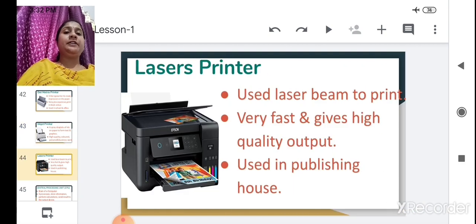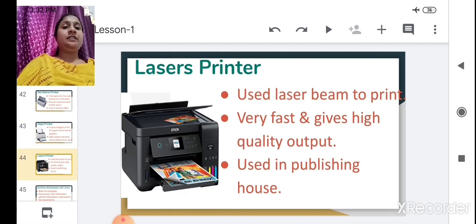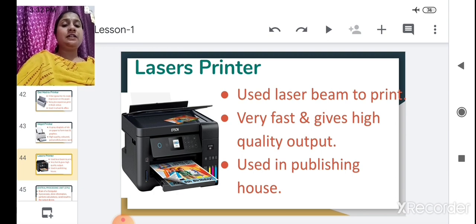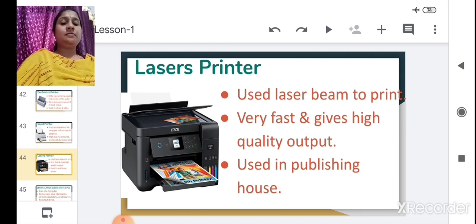The laser printer. This laser printer uses a laser beam to print very fast and gives high quality output. Instead of ink, it uses toner, which lasts much longer.